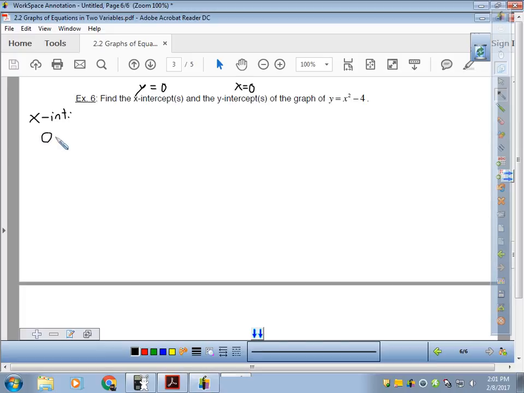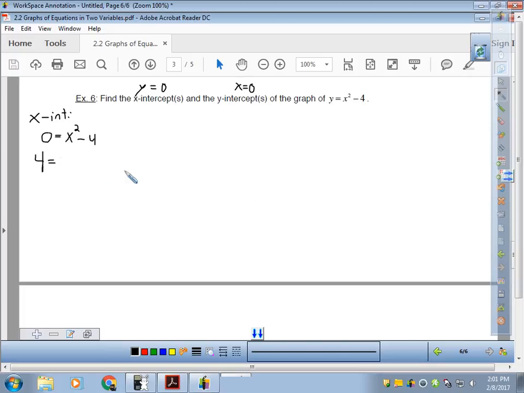So say 0 equals x squared minus 4. Now, that is a quadratic equation, and we do know how to solve it from what we learned last unit. So what we're going to do is add the 4 across. We're going to take this 4 and add it over. And so we get 4 equals